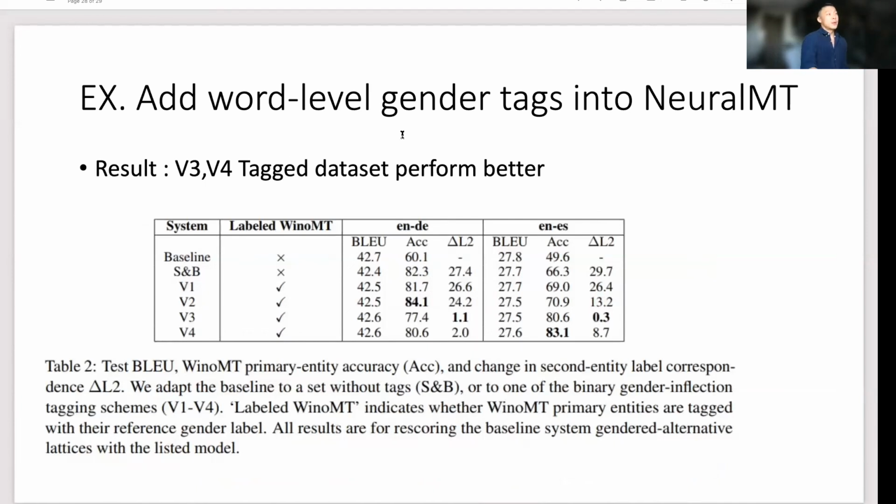So it turns out that when you augment the data with tags, as we do in V3 and V4, the accuracy actually goes up, which is nice. So it's not only to debias the model just for the sake of gender equality and whatnot, but it actually makes the output better. So it's not just a social issue. It's also a technical issue that we need to recognize and solve to make the system more accurate.